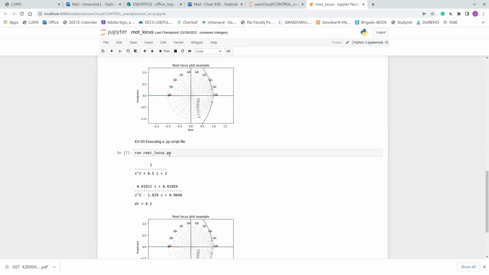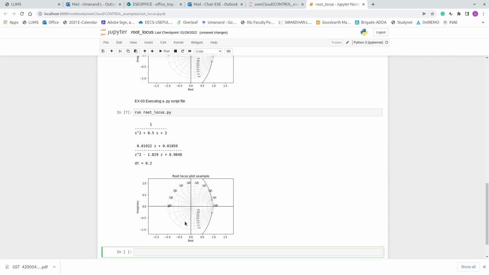You can have at one place your py script, the code, edit it, debug it, do all those things, and then Jupyter to keep the notes and to keep the continuity of your notes and theory together. You can use this command, run script.py. So the results are plotted and then you can continue keeping your notes.